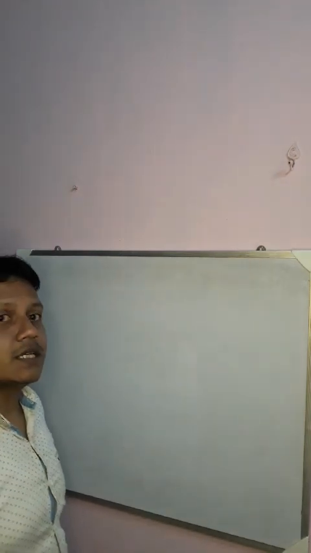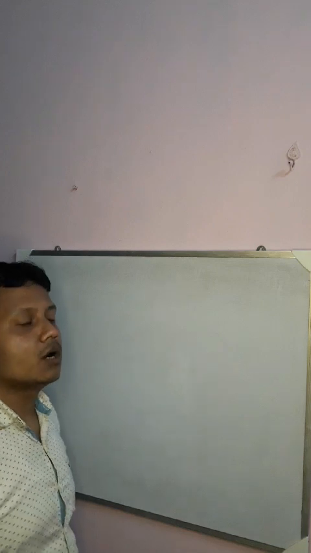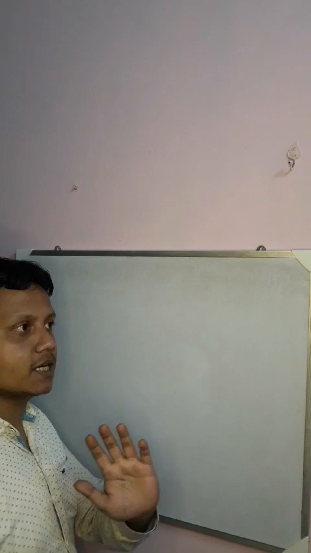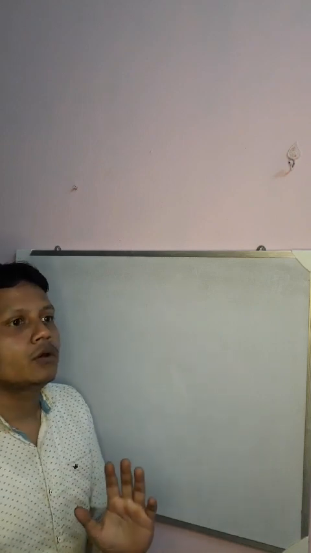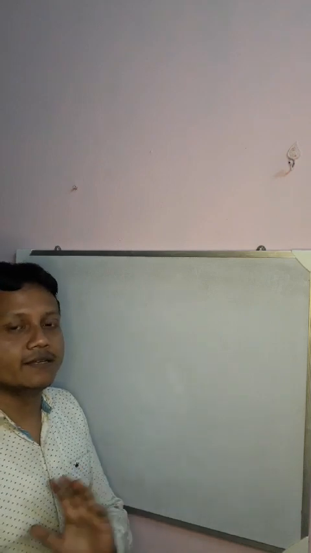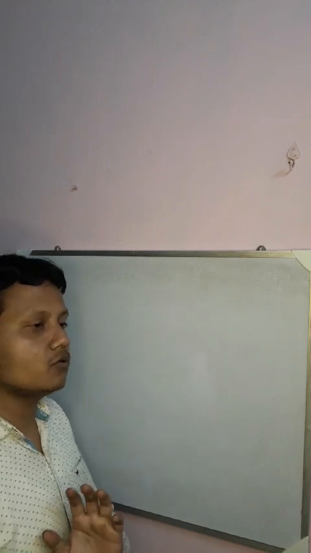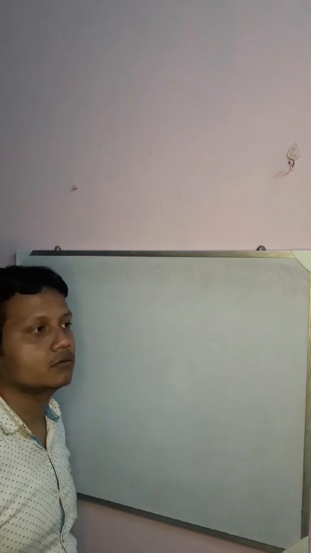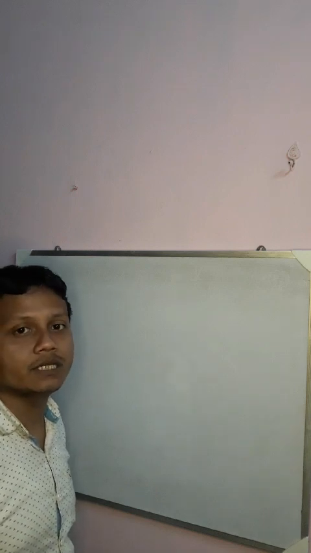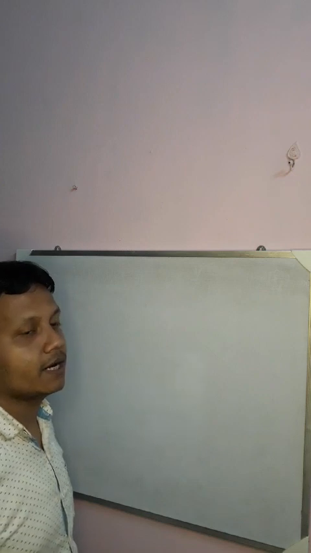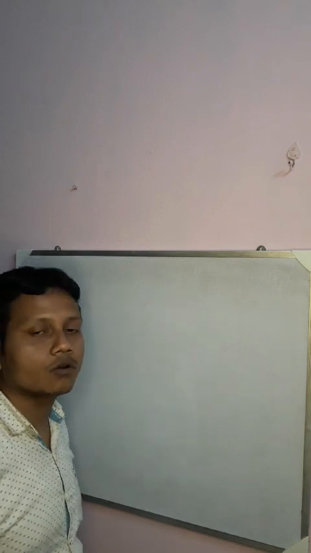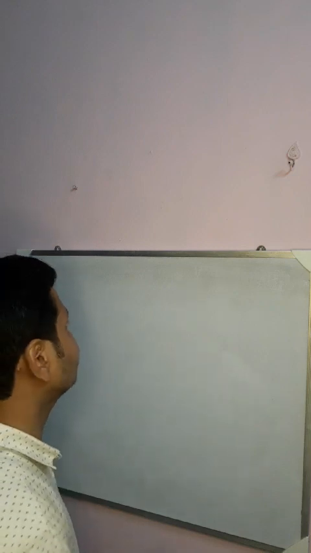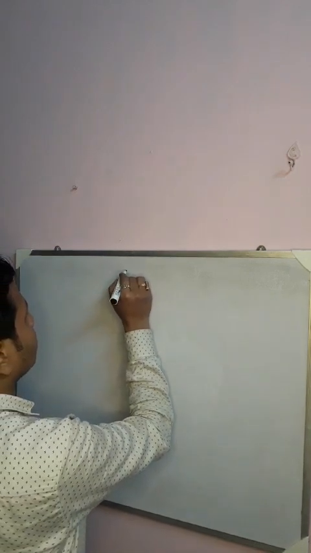Now in my last lecture I told about the basic differences between the Joule-Thomson process and adiabatic expansion, and also the significance of the Joule-Thomson coefficient. In this lecture I am going to discuss the adiabatic demagnetization process, which I already said is one of the powerful methods of producing very low temperature. Okay, so let's proceed. Our topic is